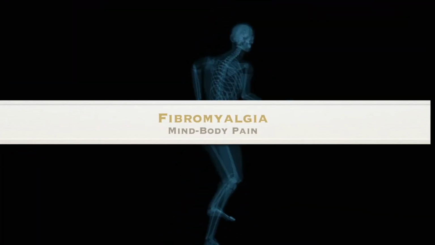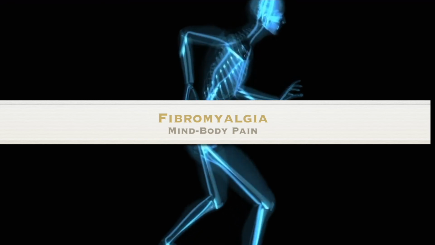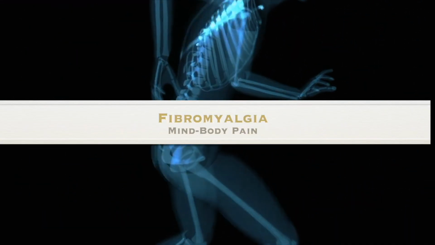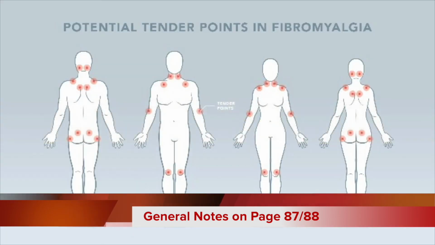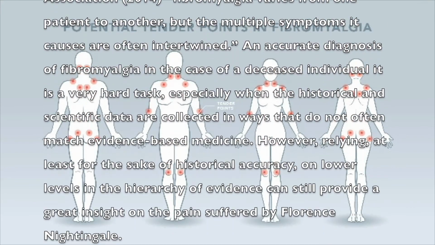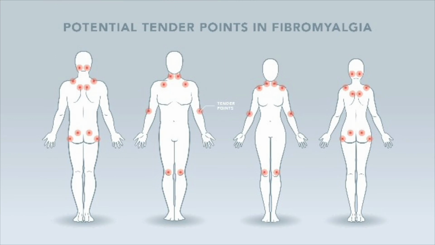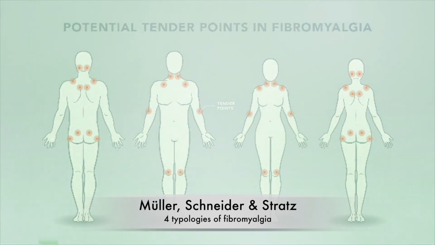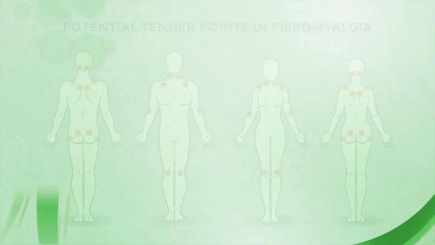And overall, it's very much recommended to have a comprehensive clinical and diagnostic assessment, including a complete blood test with complete blood count and erythrocyte sedimentation rate, and of course a psychological assessment as well, because as we mentioned, it's not just about pain, as if that weren't enough, but about a deeper understanding of the perception of pain. An example in this context is research by Müller, Schneider, and Stratz, according to which we can identify at least 4 typologies of fibromyalgia